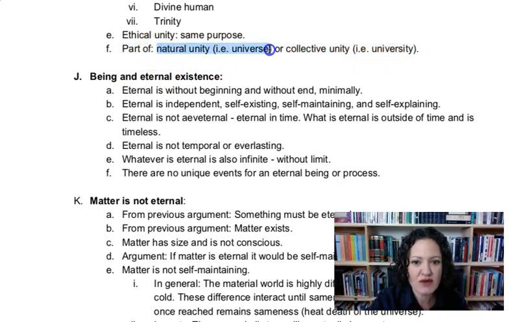All right. The last is natural unity. Think of the universe. Uni is one, verse is diversity. So the universe is the unity of all the diverse aspects of the physical world. So it's one universe. In contrast to a multiverse. What's a multiverse? Many universes? Wouldn't that just be the universe? I'll let you think about that. And then there's a collective unity. This is one that is a unity of diversity, and an example is the university. The university is a place where we go to study. The goal used to be knowledge, and we have these diverse disciplines pursuing that same goal.